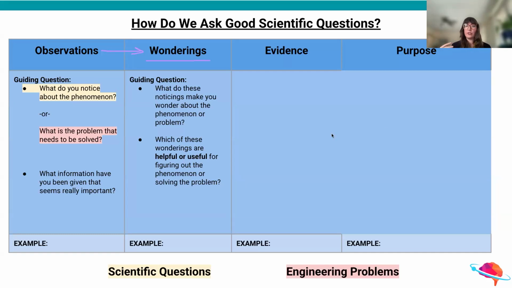So, okay, let's say we're doing a driving question board and kids spit out all of those wonderings based on all of their noticings. Now we know we need to refine at least a little bit. So, which of these wonderings are helpful or useful for either figuring out the phenomena or asking some good questions or solving the problem? Again, we're starting to cue that thought about our purpose. What is going to be our purpose in the end of this? There's a step in between just going from these wonderings to a really good scientific question.